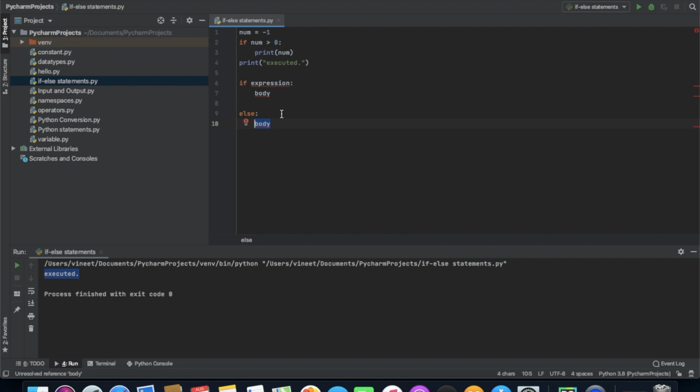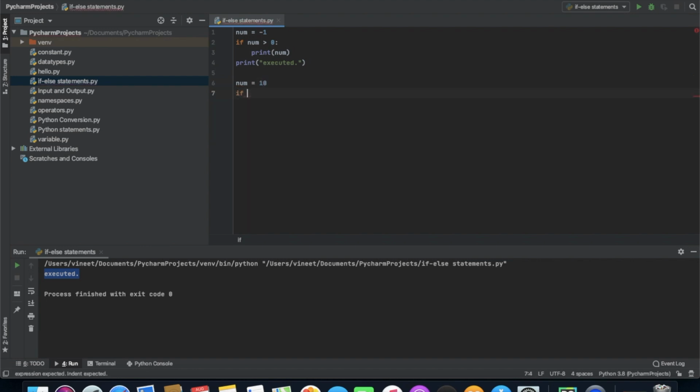So let's take an example of if and else. Suppose we have a number equal to 10.